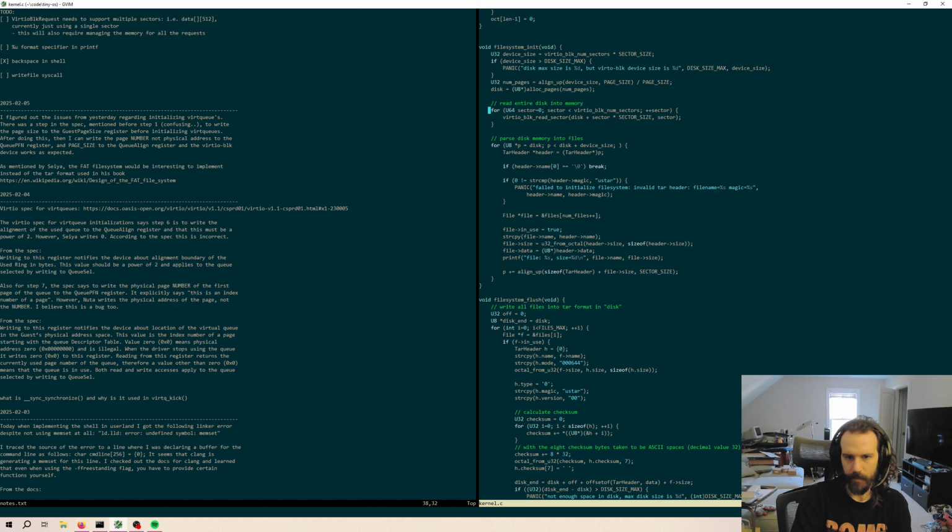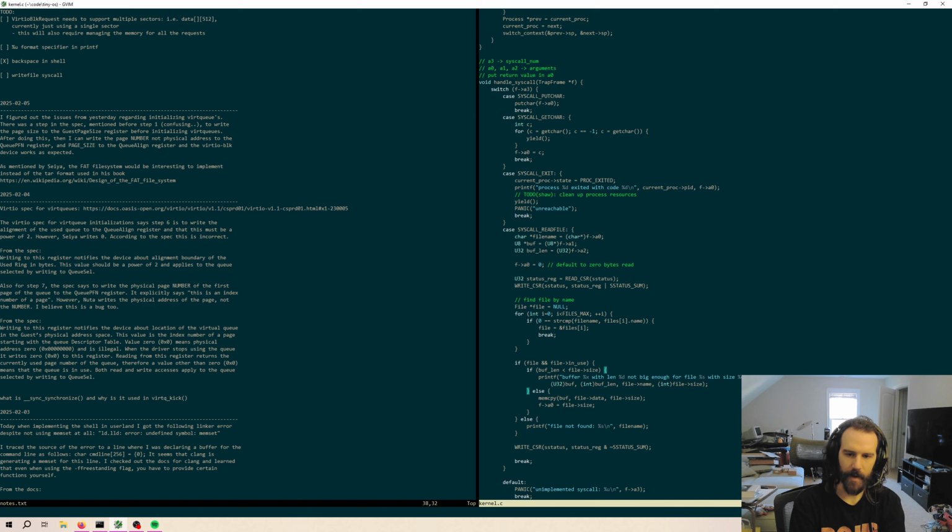If it is, just return it. If it's not loaded, then at that point we'll allocate space for it. And all I have right now is a page allocator, so